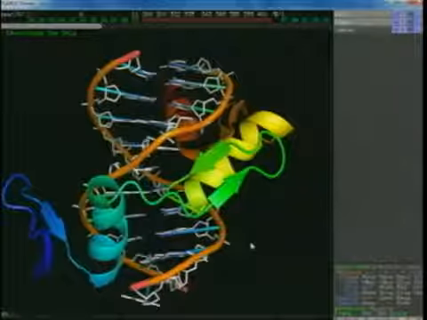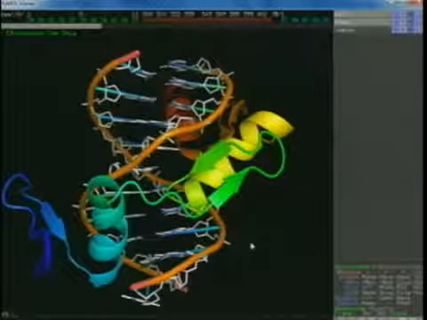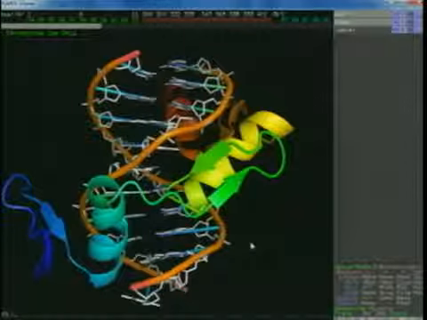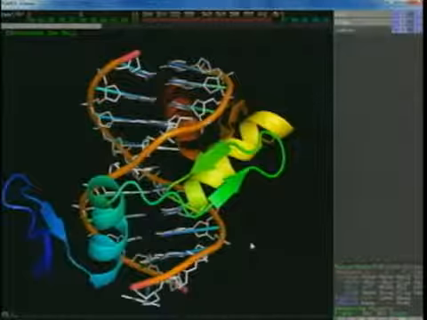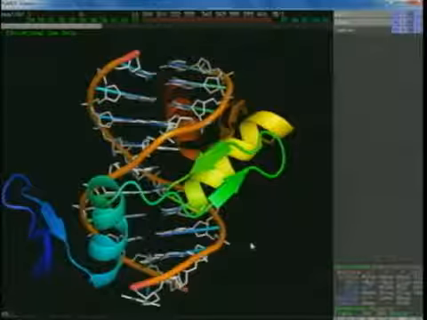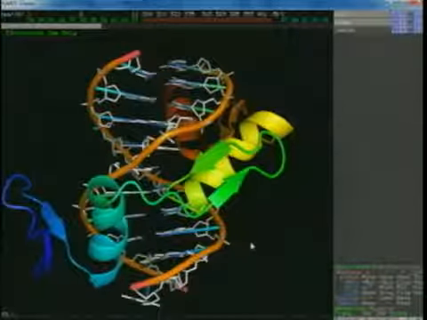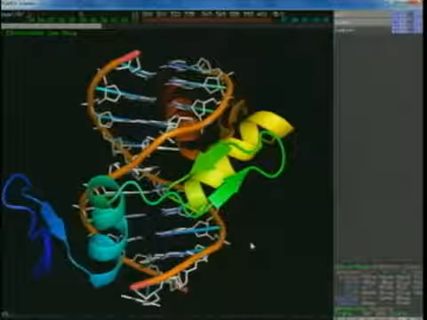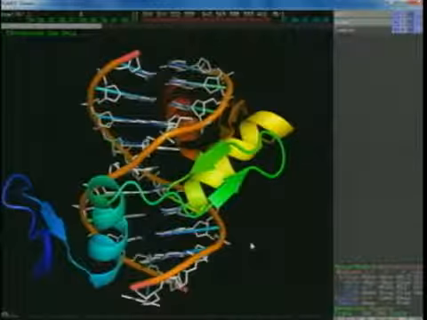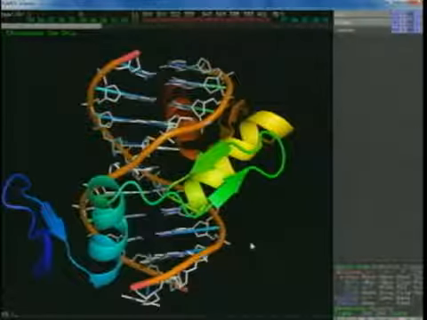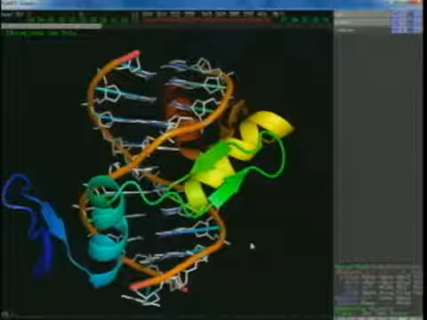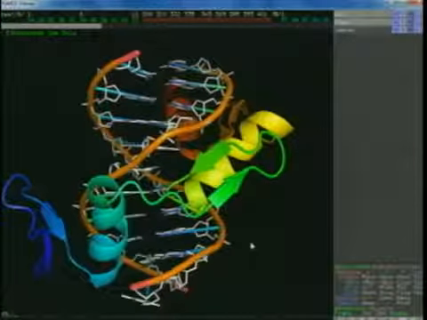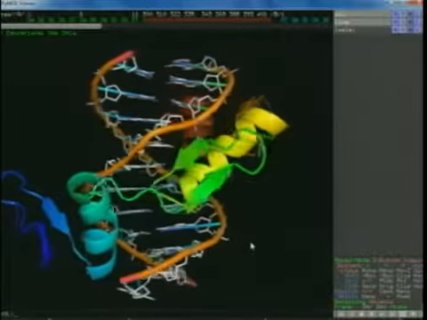There is an alpha helix, which you've learned about from Professor Malkin. And the alpha helix has residues projecting from it, amino acid side chains. And those amino acid side chains make hydrogen bond, electrostatic, and van der Waals contacts with the bases of DNA. So it's just like Braille. When a non-sighted person runs his or her hands down Braille text, he or she feels the bumps and the indentations. That's how zinc fingers bind DNA. So the simile is quite apt. Let me show you how that works.